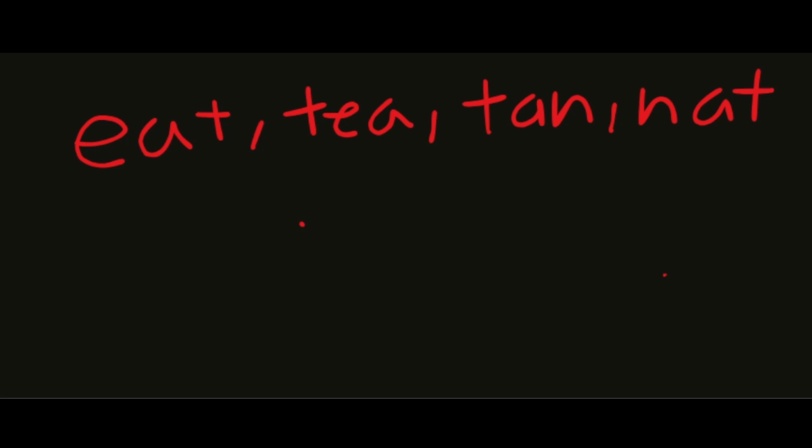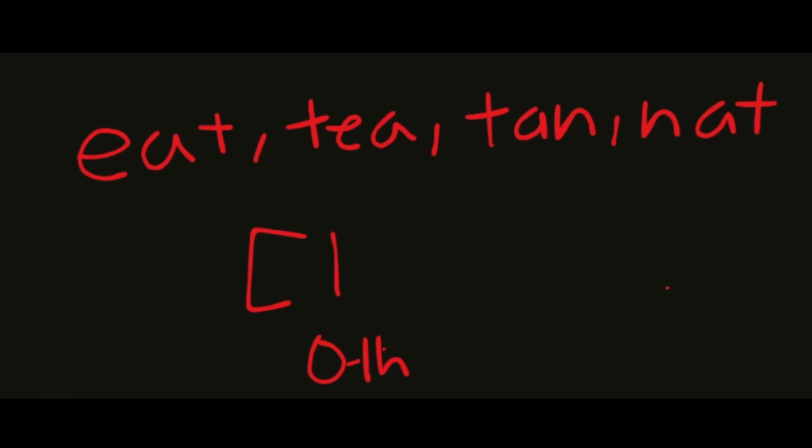Instead, we could make an array in which simply the first element would be 1, showing that the 0th position, which indicates the letter A, has 1 occurrence of it, and then we could always increment that later if we saw another A to get